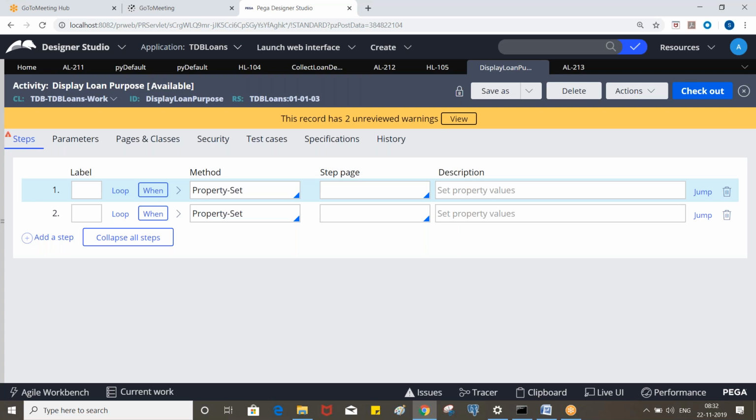Next we'll be creating one more screen, that is collect auto loan details. This is required for only the auto loan flow, and we can create it under the auto loan class. And we'll be creating one more screen, that is collect home loan details, which is required for only home loan. Okay,